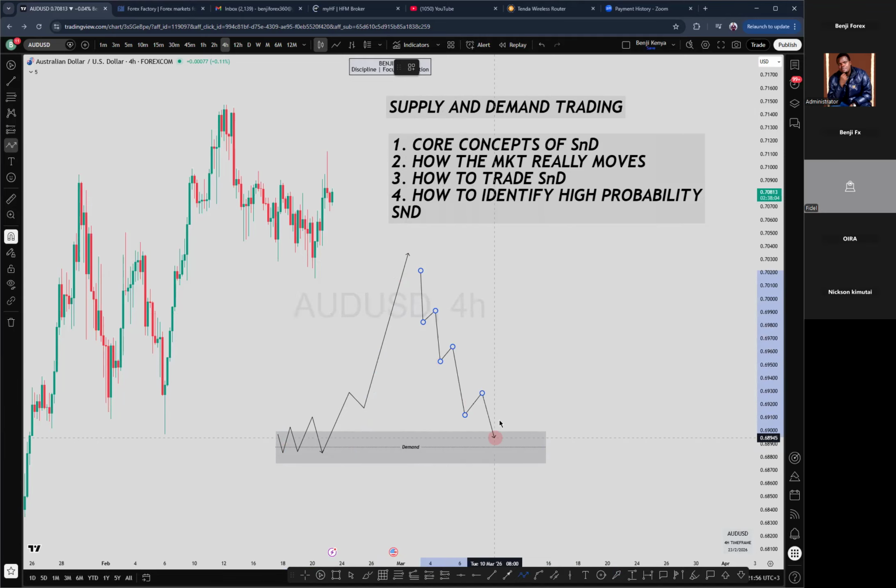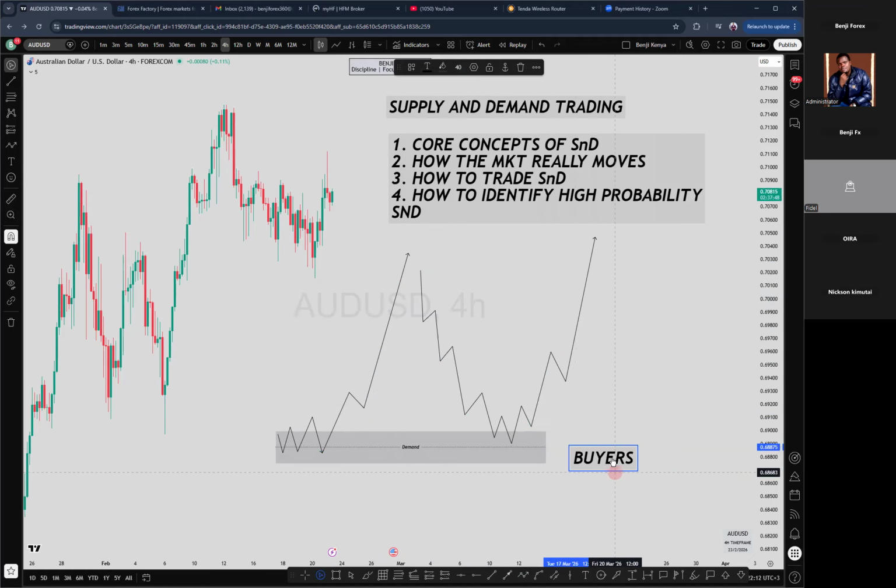to this particular area of demand. Then from here, once we have good price action, we can get in and also take the buy, okay? So what is a demand area? This is an area where we have lots of buyers. So in simple terms, a demand area is a strong area where we have a large supply